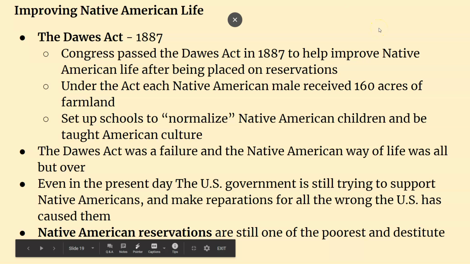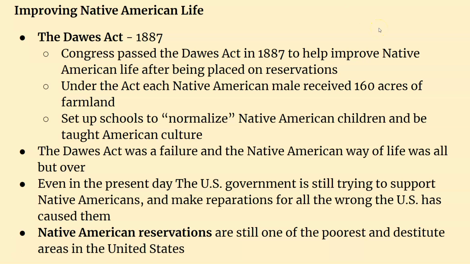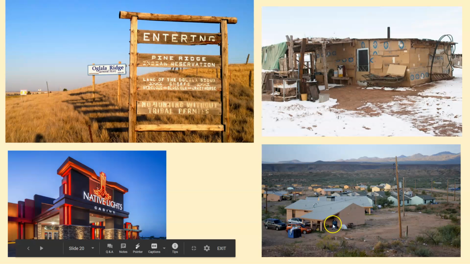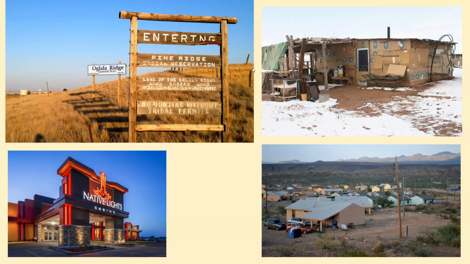There's just extreme poverty. It seems like the Native Americans really never rebounded from their culture and got their culture back, even on reservations where they can really do what they want. There's just a lot of unemployment and it's just not a great place in the United States. So you can see, they don't live the greatest, kind of government housing, just trying to make it work. There's not a lot of industry or anything on these reservations. As you can see, it's not the greatest farmland. So there's just not a great area for them to earn any money.